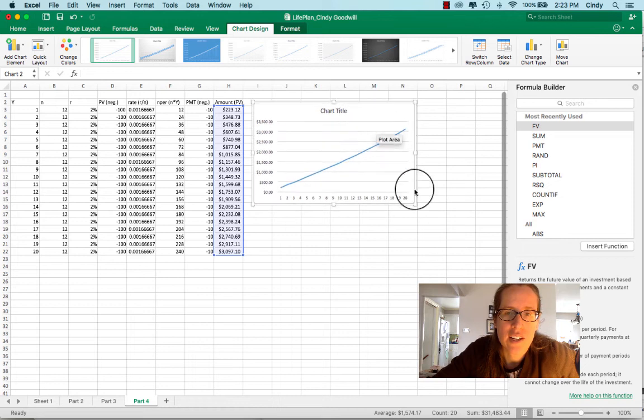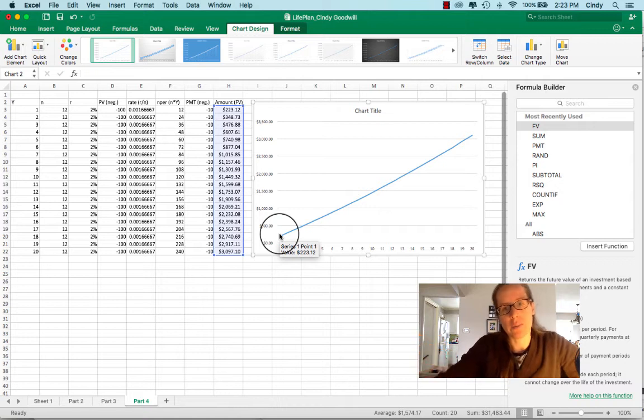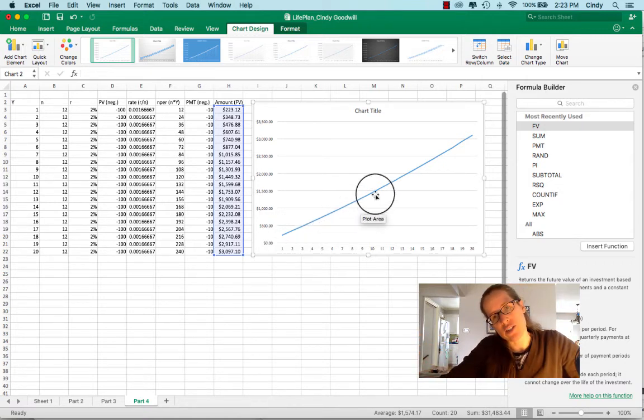Isn't that fancy? That's one of the great things about Excel. It can make charts for you just like that. And notice we started out down here at about $100. Well, after 1 year, we end up with $223, and after 20 years, we're up here at $3,097.10. You should have a nice line like this with no jumps in the line, and it should be concave up a little bit. You can see this curves just a little bit up,